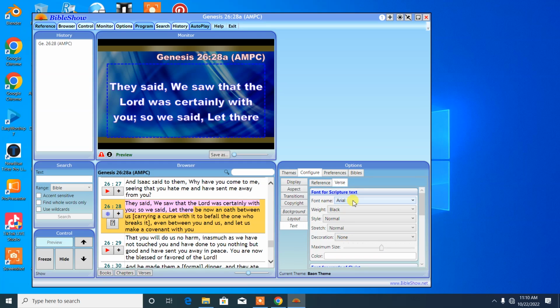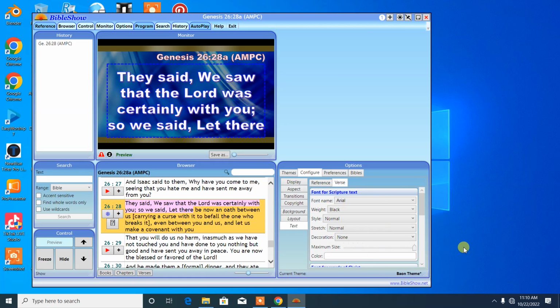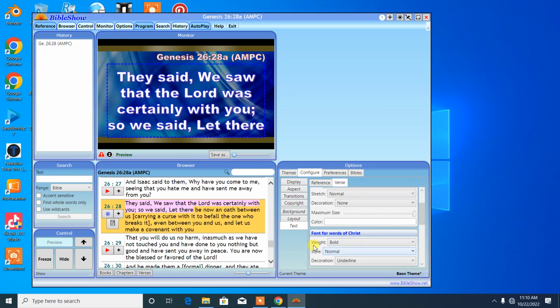My verse, I'm using Arial Black, style normal, stretch normal. Let me try condensed. No, normal. Size, increase it to maximum size. The weight,